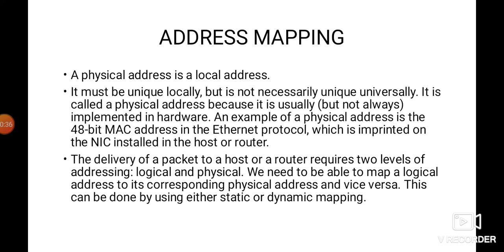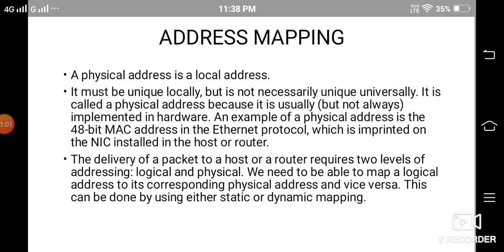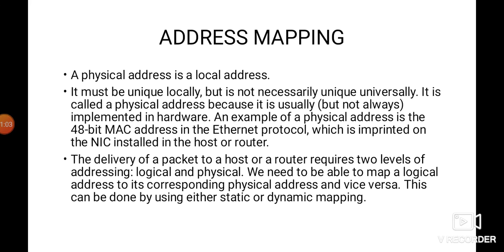Basically, an internet is made up of a combination of physical networks which are connected by inter-networking devices such as routers. A packet starting from a source host may pass through several different physical networks before it finally reaches the destination. The hosts and routers in the network are recognized by a logical address, or you can say the IP address. However, packets pass through physical networks also. So at the physical level, the hosts and routers are recognized by their physical addresses.